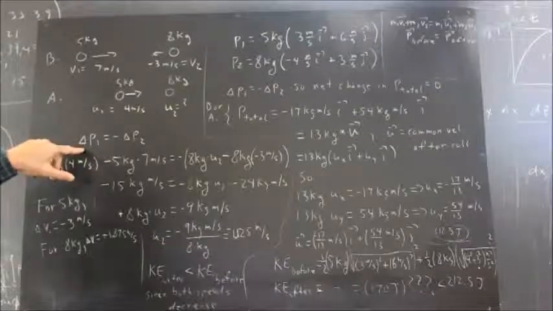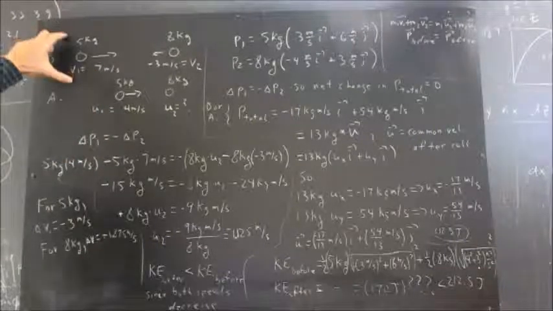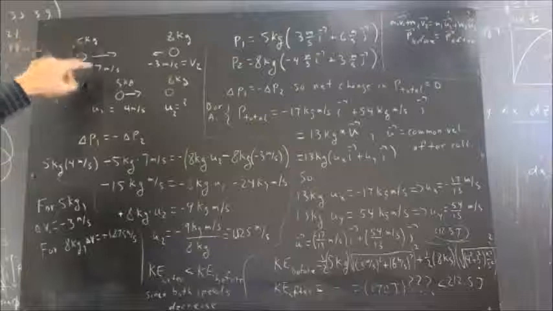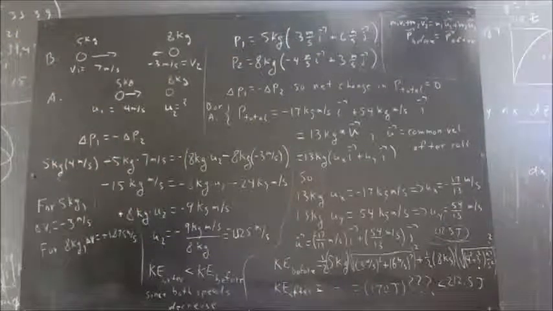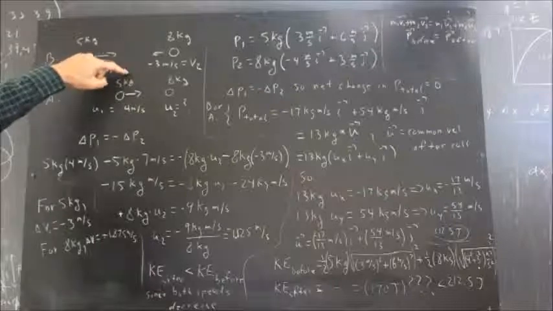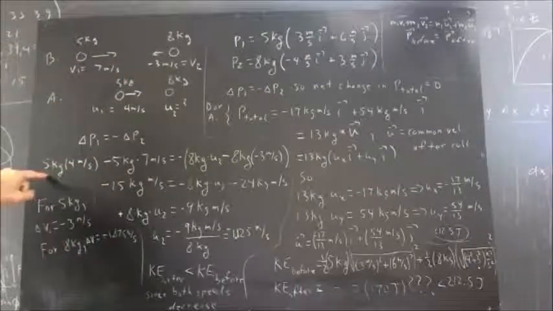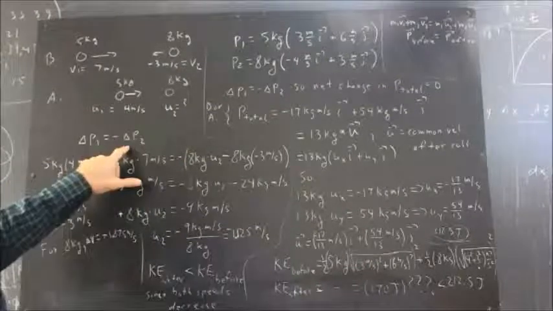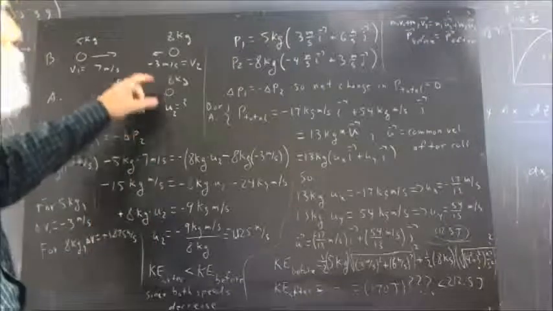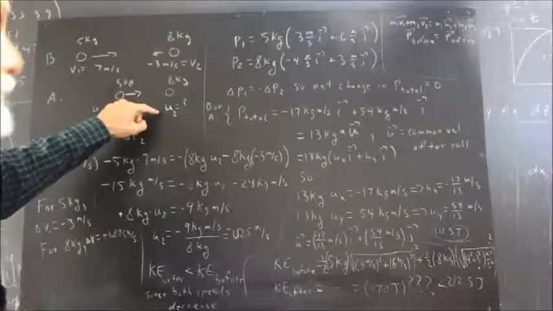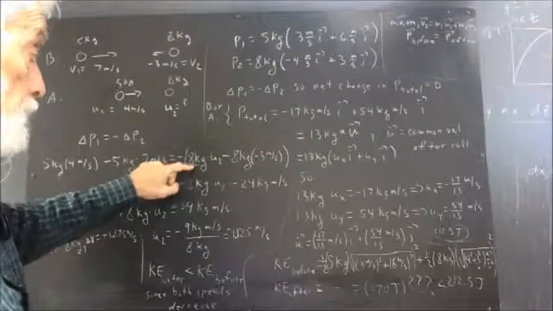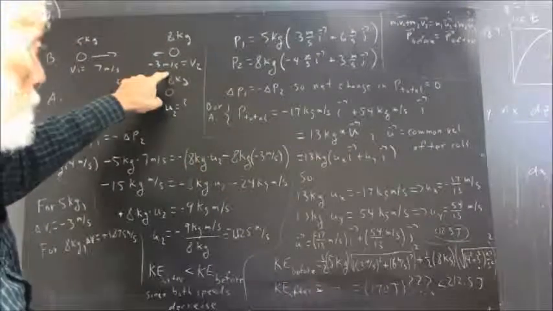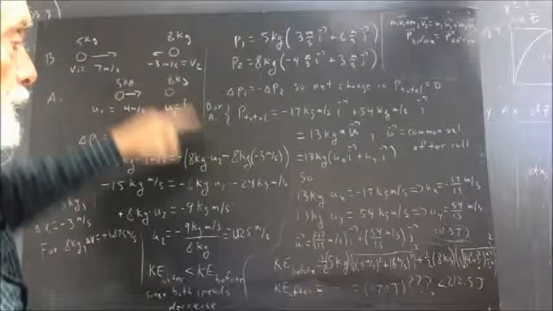change in momentum of the first object is going to be the momentum after collision minus the momentum before collision. Before collision, the momentum is the product of 5 kilograms with the 7 meter per second velocity. After collision, it's the 5 kilogram mass multiplied by the 4 meter per second velocity. So here we have the change in momentum of the first object. Change in momentum of the second object is the momentum after, the 8 kilograms times the unknown after collision velocity u2, minus the 8 kilograms times negative 3 meters per second, the momentum of the second object before